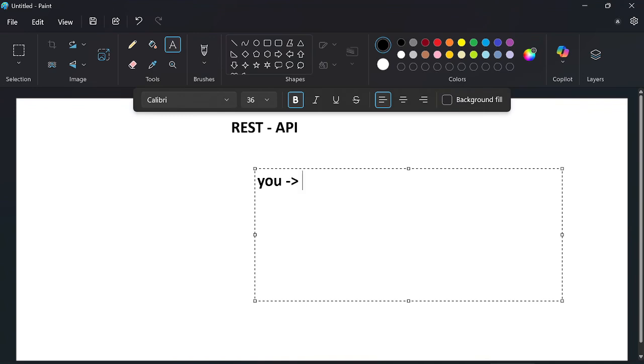So you are the consumer, you are the client, okay? And there is the kitchen, where the food is prepared. Now the food is prepared, or you can say the ingredients and everything is stored at the kitchen itself, right? And the food is also prepared there, but you as a client, you're hungry here and you want to consume that, right? So when you go to a restaurant, do you go to the kitchen